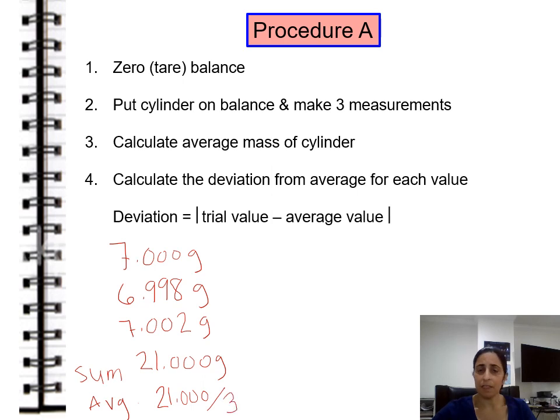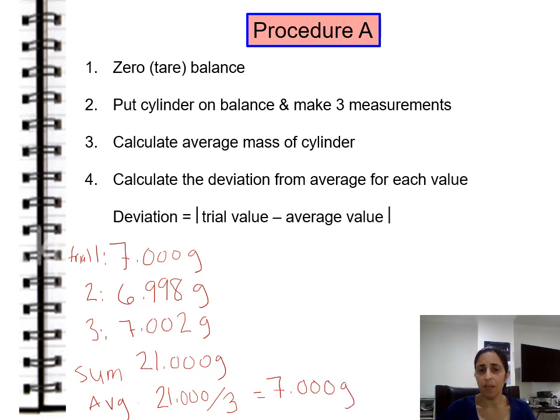This 3 here has infinite significant figures because it's referring to the trials that we did, right? So we did trial 1, trial 2, trial 3. It's the number of times we did the experiment. So the 3 has infinite significant figures. So you might think then your final answer should have 5 significant figures because of the sum. And in regular calculations, we would apply those rules. But in this case, I want you to know that our answer can only have 3 places after the decimal